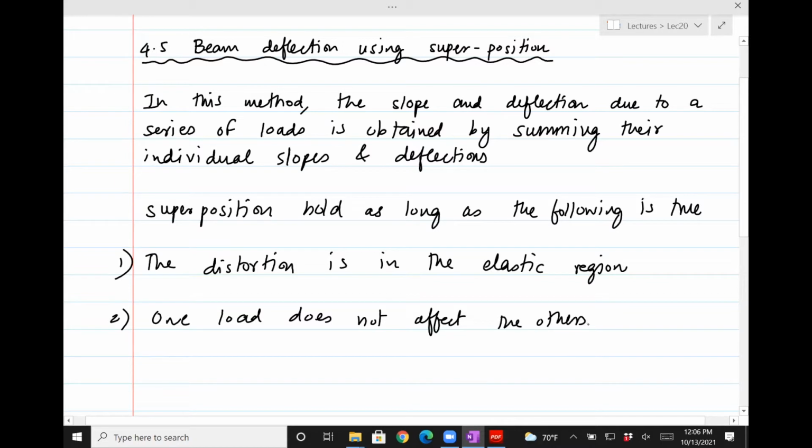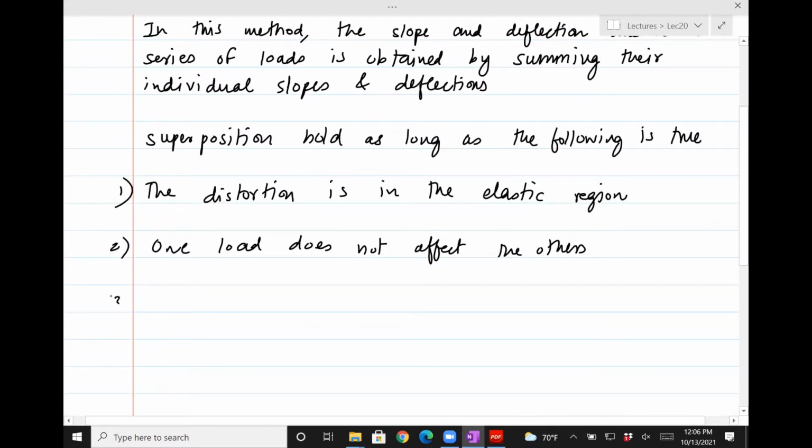One load will not cause an effect on the other. The easiest way to check this is you put a load, you see the deflection. Then add the second load and see the new deflection, and then you can reverse the way you apply the load, and in the end you should see that the deflections are the same. So that means that one load is not affecting the deflection due to the other, and that's when the second assumption holds. And then the final one is that